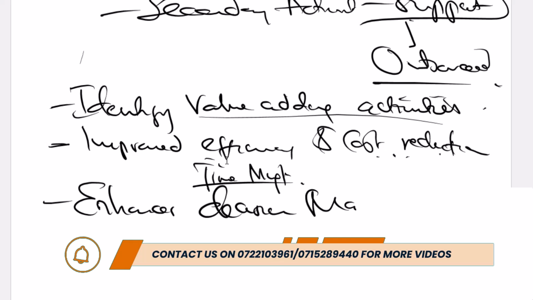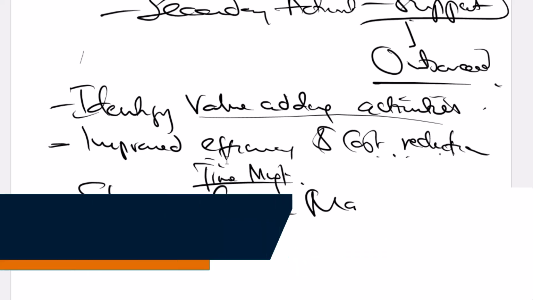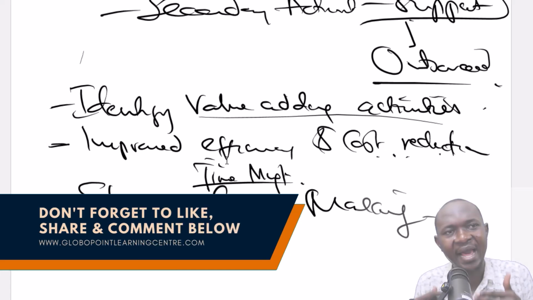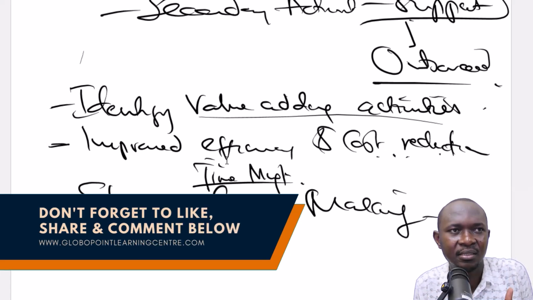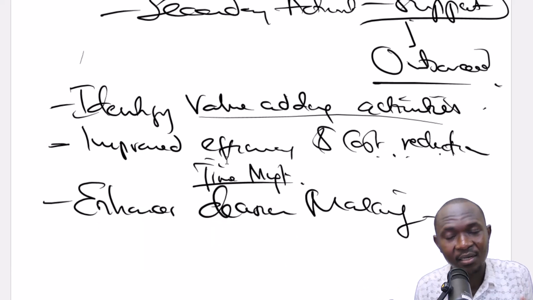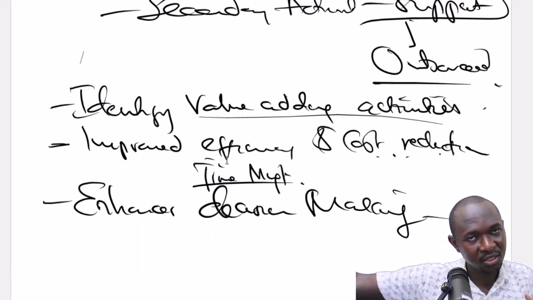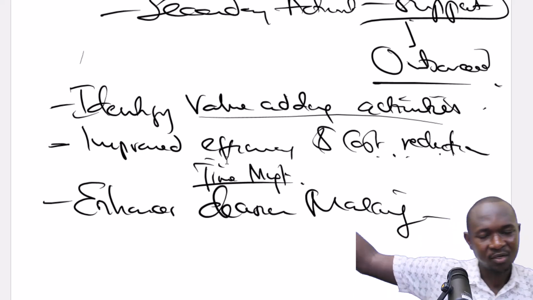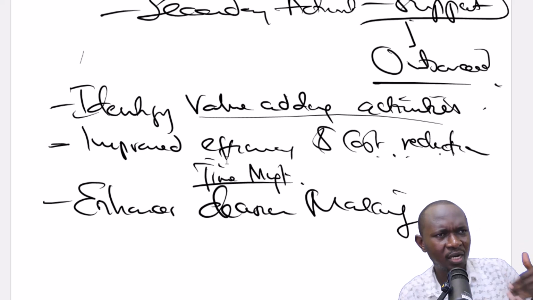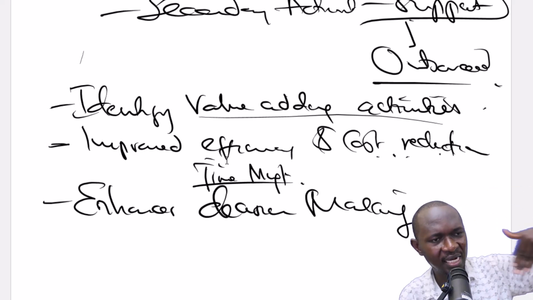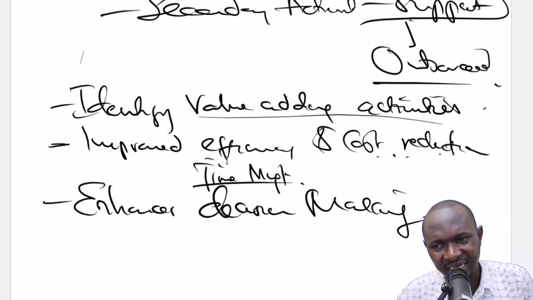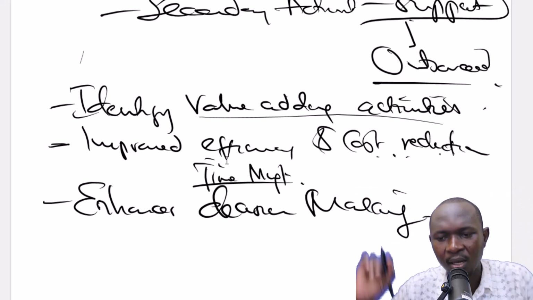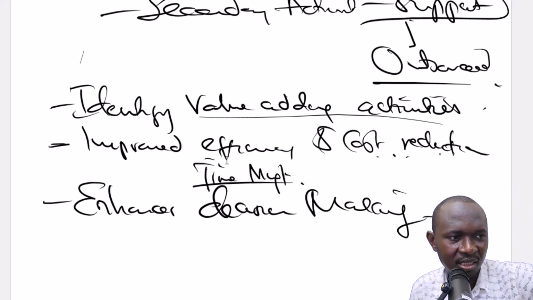Let's allow others also to make decisions in areas where we are less informed. Because they are better informed there, they are likely to make better decisions, and we are also likely to come up with better decisions in areas where we are well informed, and the entire organization will do well. So it enhances decision making.